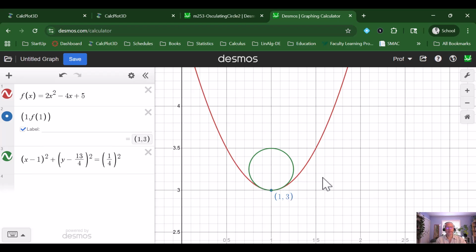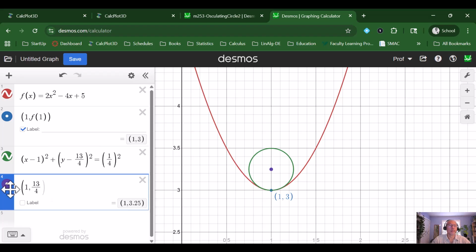All right, so it's really dependent on how it's moving along the x axis. So let's put that point here, and I believe that point was (1, 13/4). So we can see the center of that circle. If you want to make this generic and do a bunch of computations, it turns out that